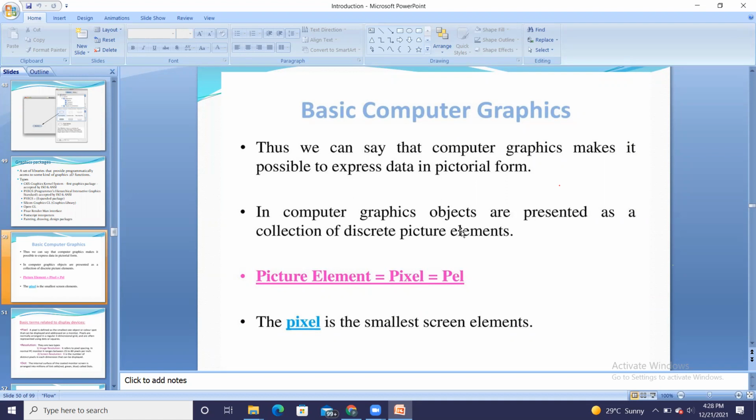What are the basic terminologies? Functions, like what is a pixel, what is aspect ratio, what is resolution, and all. That we will cover in the next lecture. Till that time we will stop.